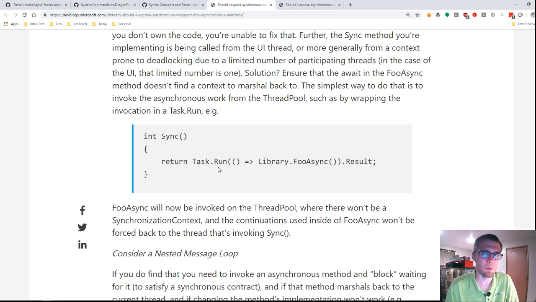Some people may be familiar with the concept of thread local variables: the idea that you can declare a variable and decorate it with the thread local attribute, and for each thread that accesses that variable, they effectively get their own instance or backing field, as it were, for that variable. When the TPL, the task parallel library, was introduced, there's an equivalent concept of async local, where when you're